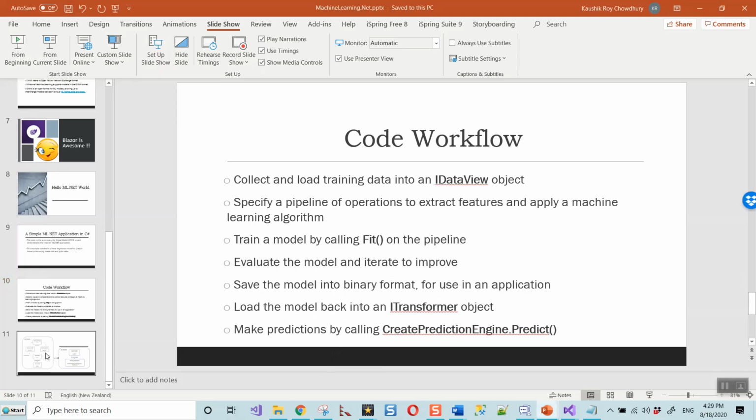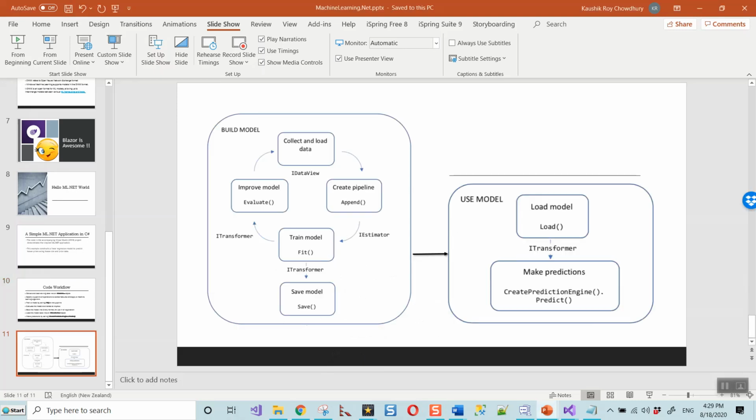This is the figure that will help you visualize it. In this step, we have collected and loaded the data, then created the pipeline, trained the model with the Fit method, and then improved the model. This was perhaps 100 iterations we have done before it was saved as an ITransformer object, the saved model.